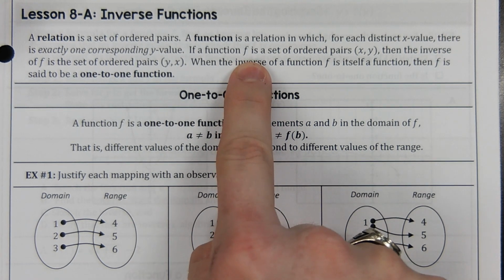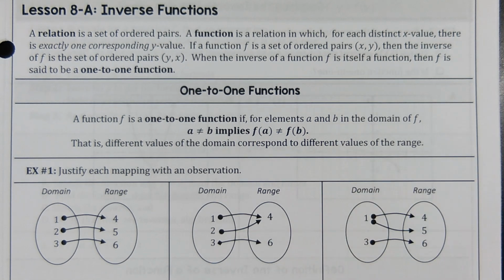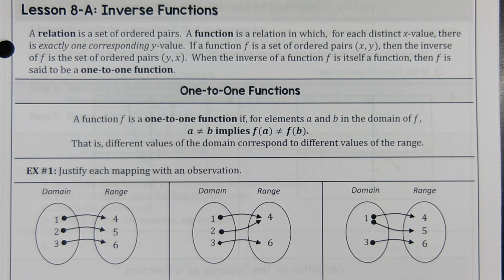If a function, f, is a set of ordered pairs, x, y, then the inverse is the set of ordered pairs, y, x. Okay. Essentially, an inverse switches x's and y's. That's what it does. You switch your x's and your y's. And we'll actually do that algebraically to solve for the equations of our inverse functions. But anyway,